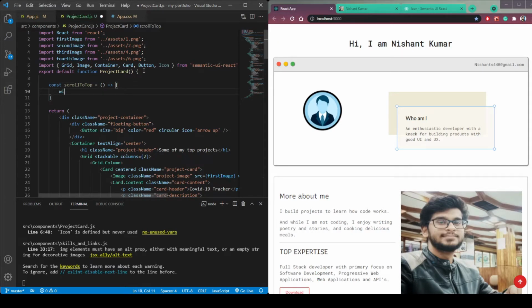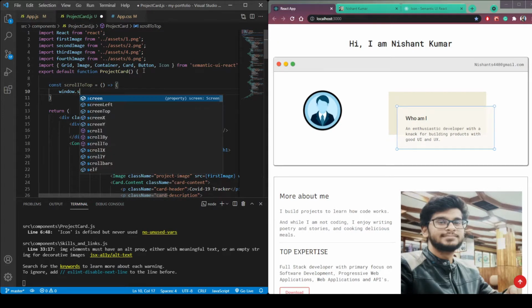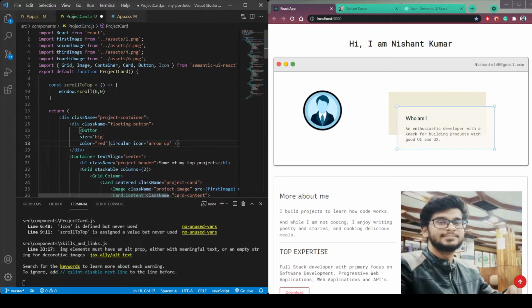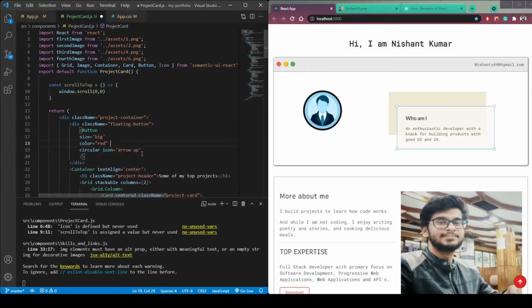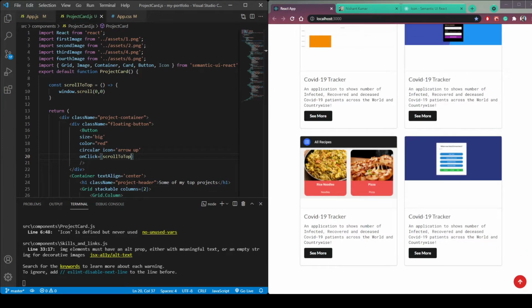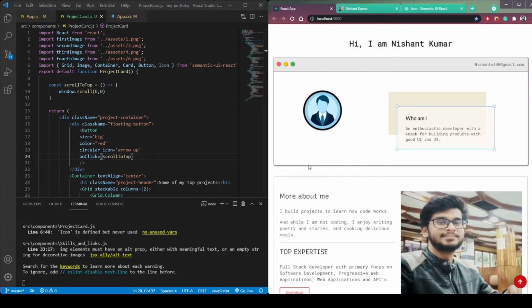Then let's use window.scroll zero, zero, which will be at the top, and then bind this circular button to this function. So on click, scroll to top. Now scroll down, and when we click this button, it will go up.